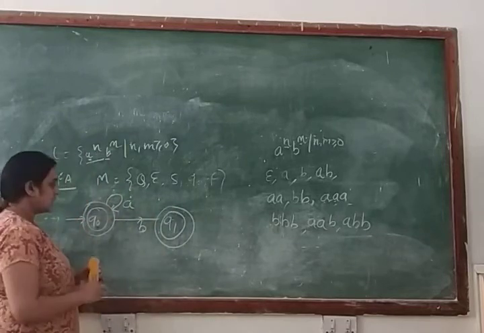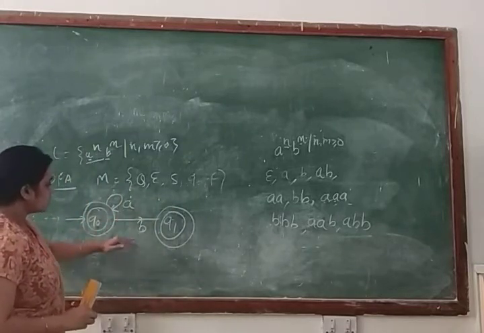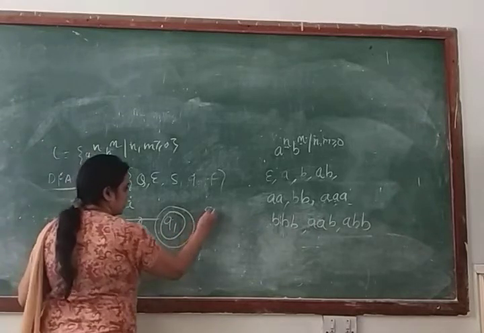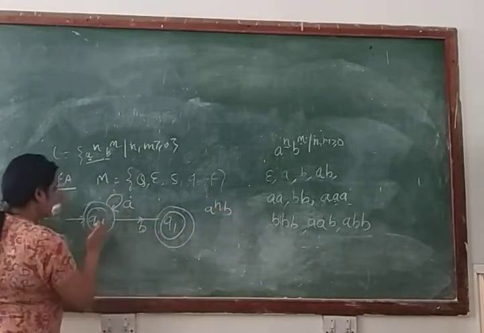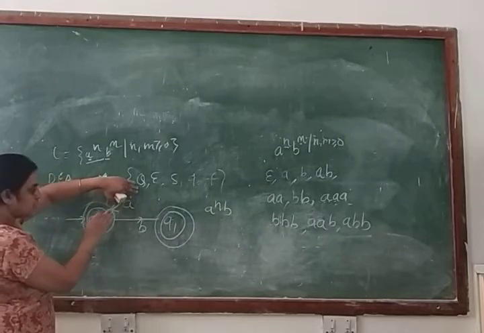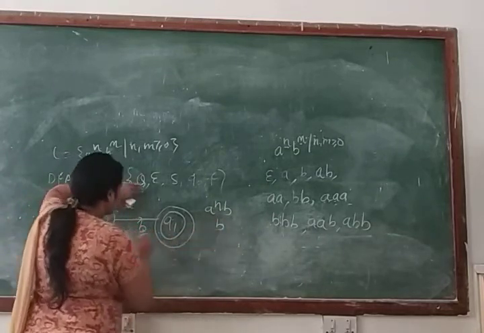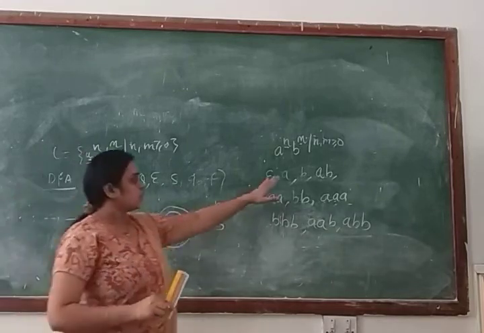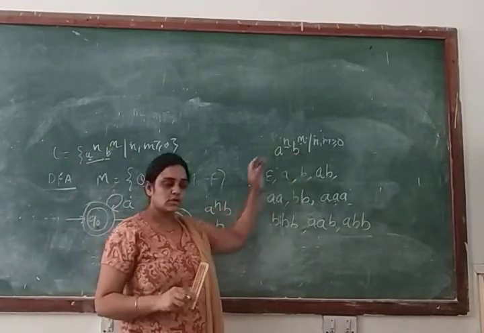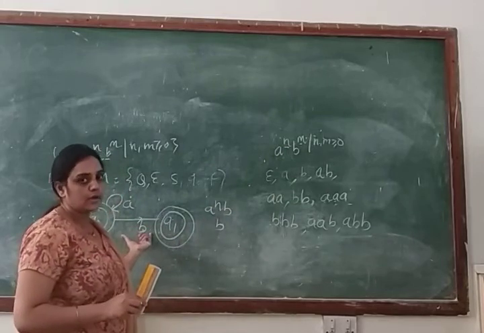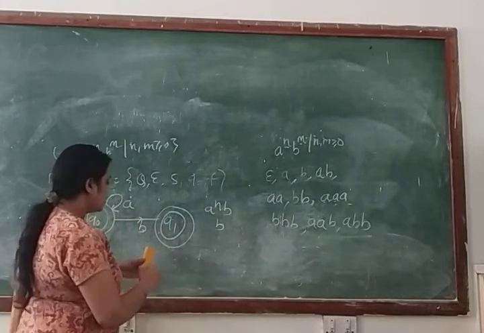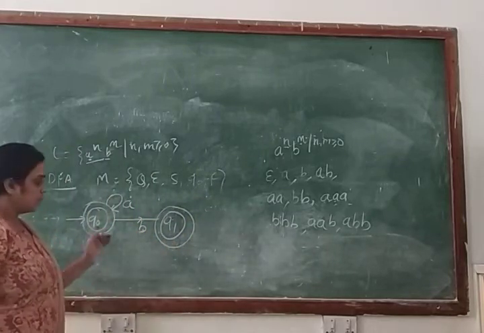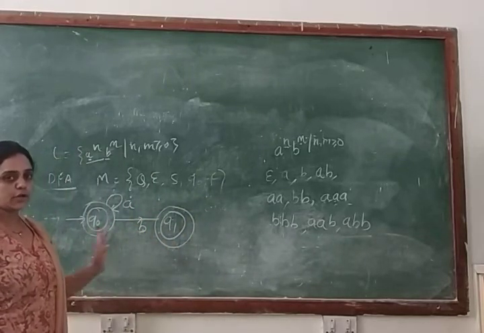Clear? In that case, now we will check. Your machine will accept any number of A followed by B, or if your A is epsilon, in that case your machine will accept only B. And you can check this: small b is part of this language, so we can make the condition for B like that. Clear? Now, but this is not an infinite length language. Clear? Because only a single B will be accepted by your machine.